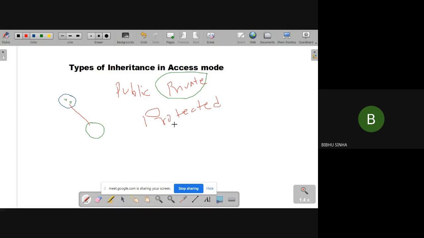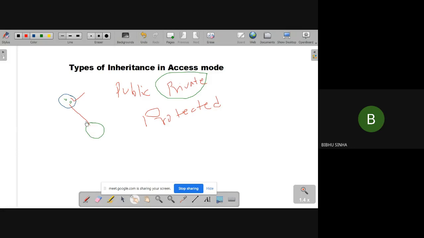But what is the meaning of protected? Suppose I have these features here, and I am going to inherit these features into this block. We know that this block, or class, becomes our base class or superclass. This other block goes to the subclass, and we say this is the derived class.